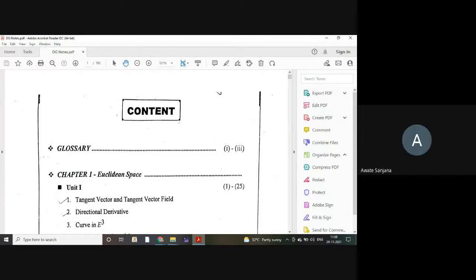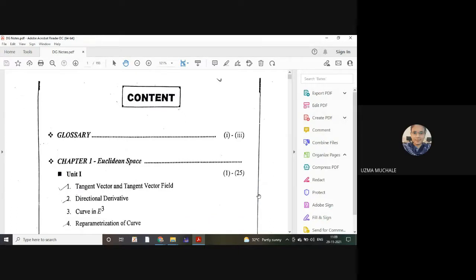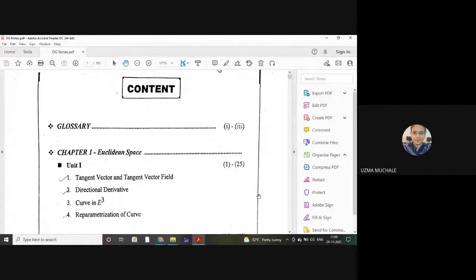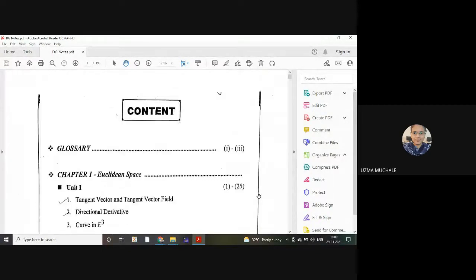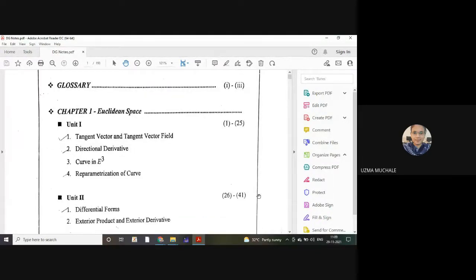So here, as we have completed the first and second unit, is there any doubt for the first and second unit? No, ma'am. Okay, do a study, and if you are having any doubt, you can ask me at any time. But still, I'm asking if you are having any type of doubt related to any points.